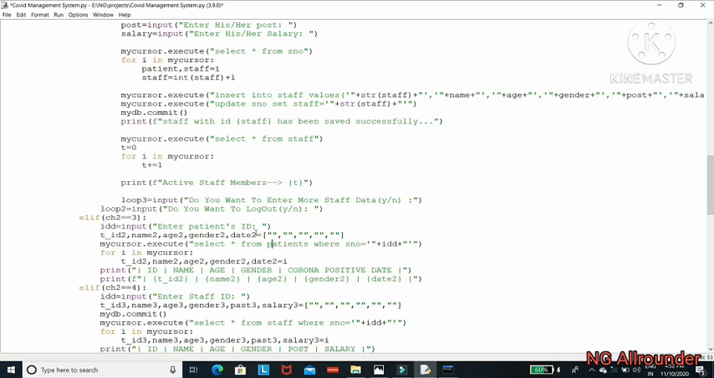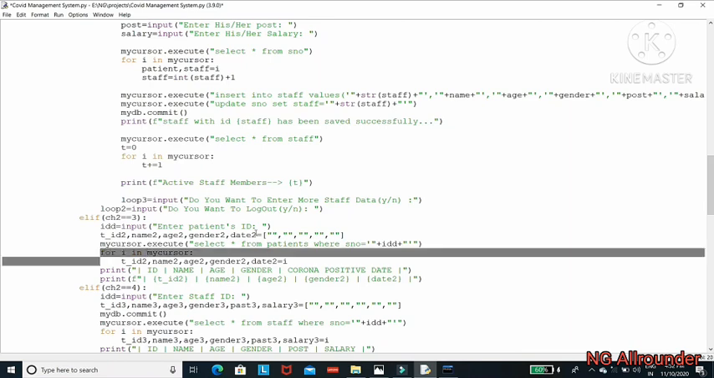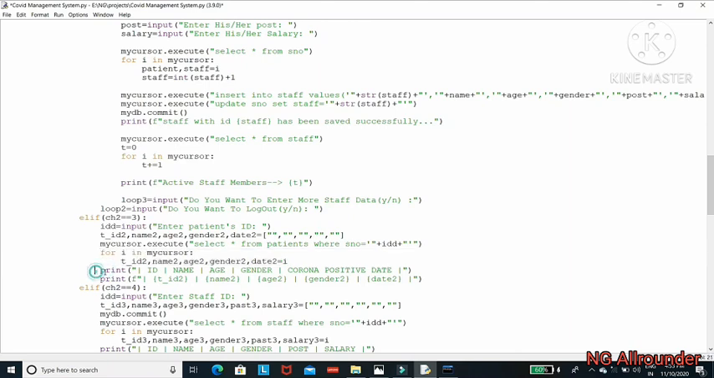We will take all the data which matches to that ID. Okay, now again we run this loop: for I in mycursor, tid2, name2, age2, gender2, date2 equal to I. We distributed all the values of I which are of this table, SNO with ID this, where from patients with ID this. It will distribute all the data and show it here, where I have printed